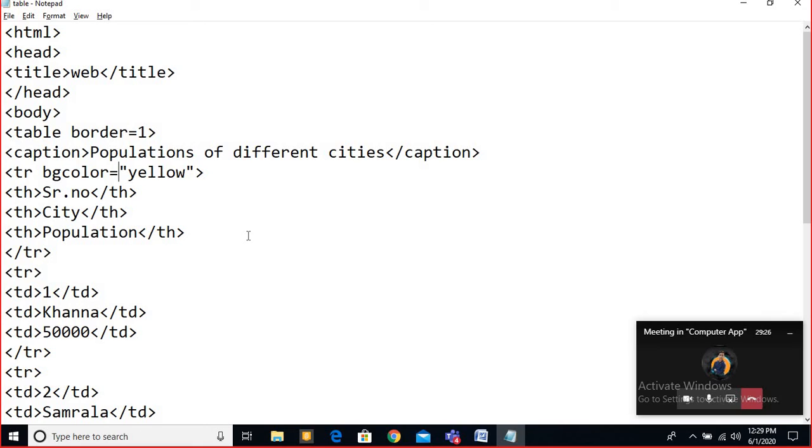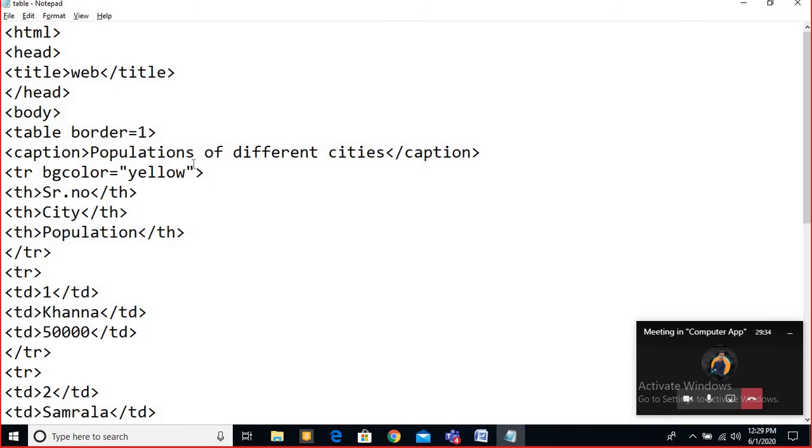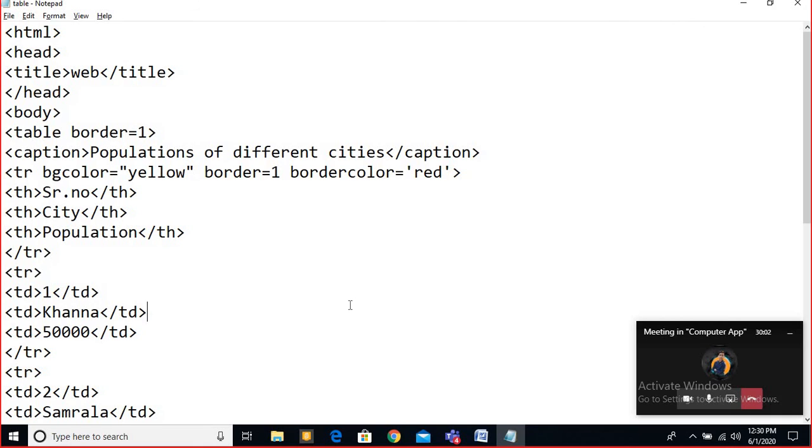If BG color is coming, then why is this not coming? BG color is there. Wait. Border is equal to 1 here also. I am using border color is equal to red. I think I have not saved this.